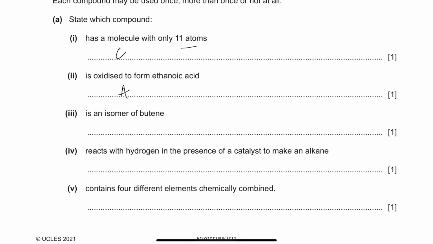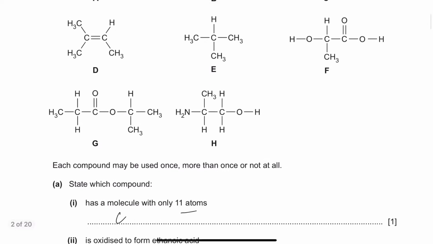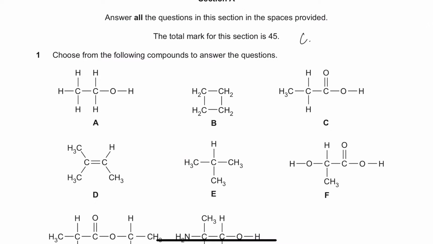Then part 3 says is an isomer of butene. So what was the formula of butene? C4H8, right? Butene, it's an alkene, so alkene has a formula CnH2n. So since it's but- means 4, C4H8. Just count the number of carbons and hydrogens, and whichever has the same number of carbons and hydrogens will be the isomer. So if you check A, it's an alcohol, and then it has the O, and butene only has